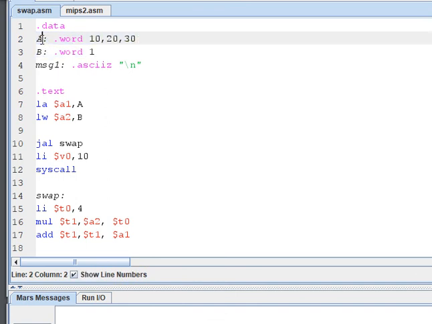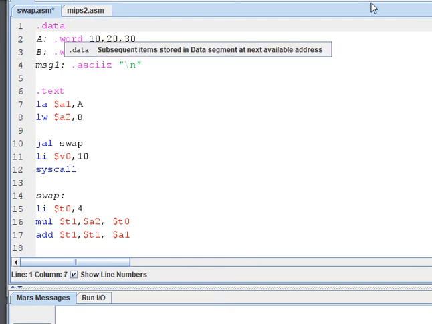A is an array, and word means an integer array. The initial values are given here: 10, 20, 30. There are 3 elements in the array, and here B is going to represent the index. So I want to swap A of 1 with A of 2. That is the idea of this program.